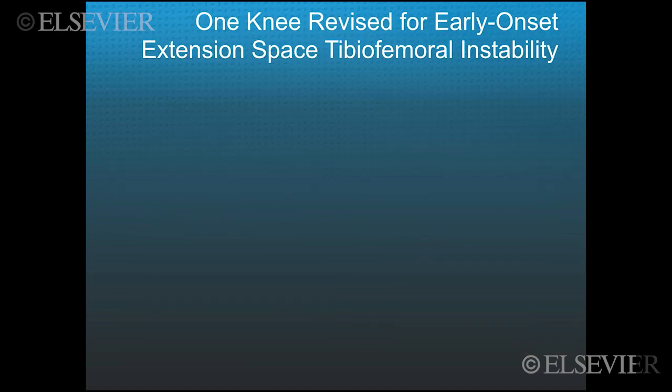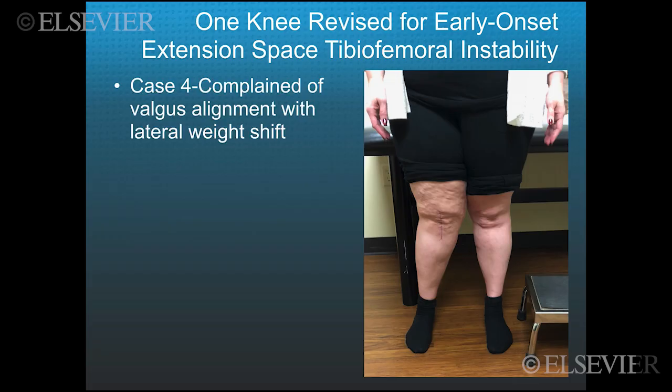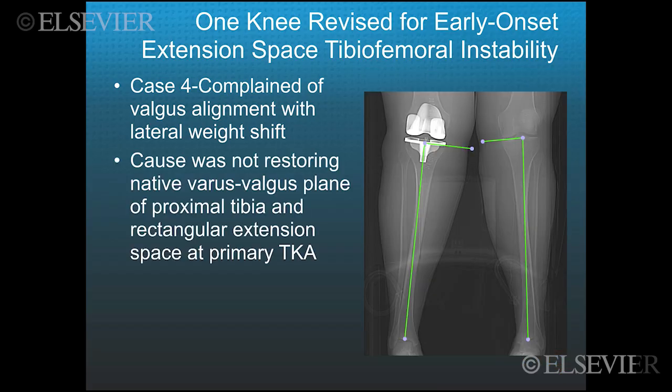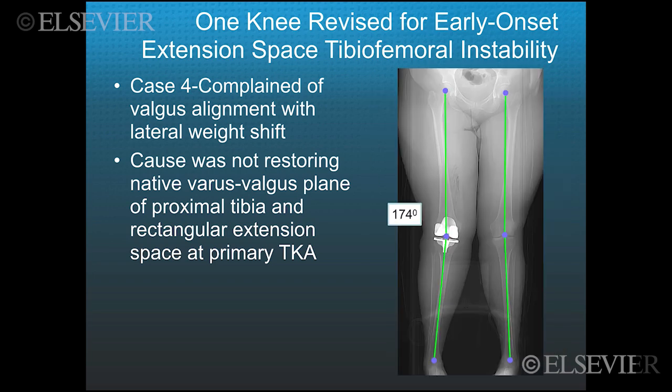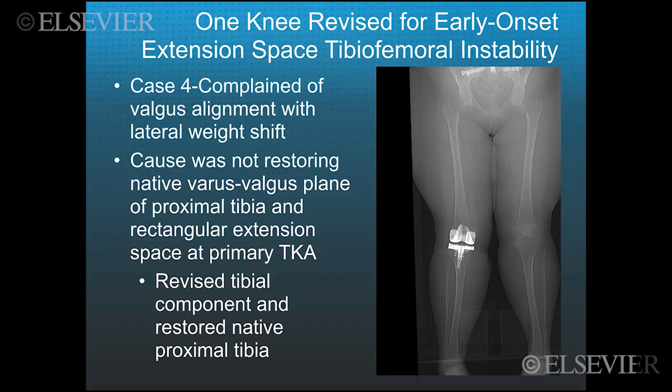One knee was revised for early onset extension space tibiofemoral instability, and this patient complained of valgus alignment with a lateral weight shift. When the knee moved medial and the weight shifted to the lateral aspect of her foot, she got into more laxity. When we looked at her resections, the femoral resections were done kinematically correct, but we undercorrected on the tibial side, with a 90-degree cut instead of 87. This led to a hip-knee-ankle angle of 174 versus 177 on the normal side, and we revised the tibial component and increased the varus cut in the tibia, and we obtained a symmetric hip-knee